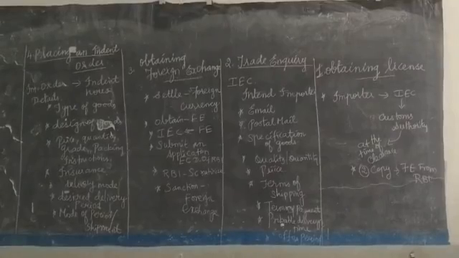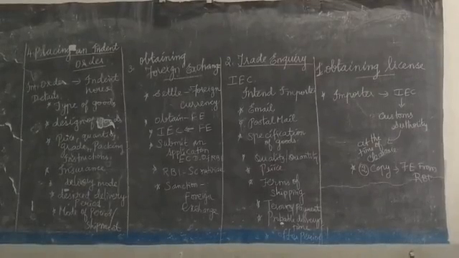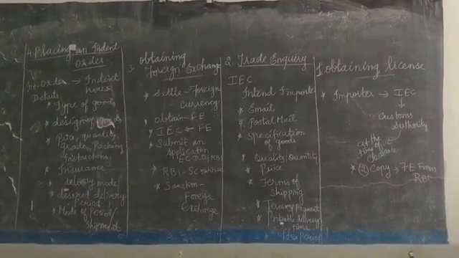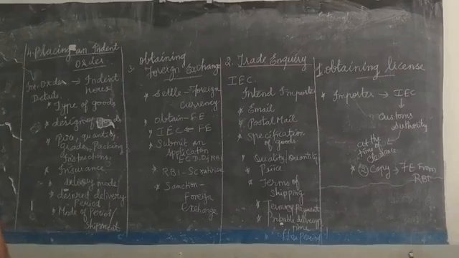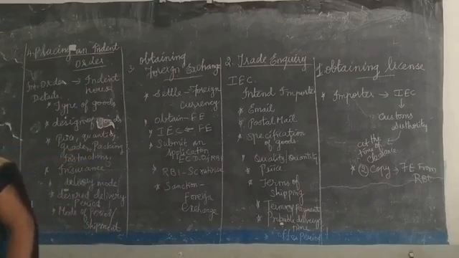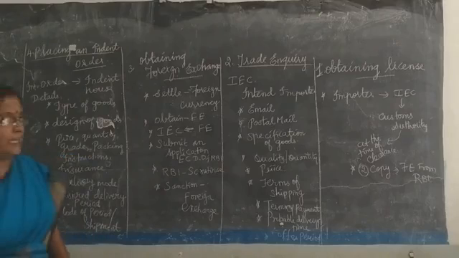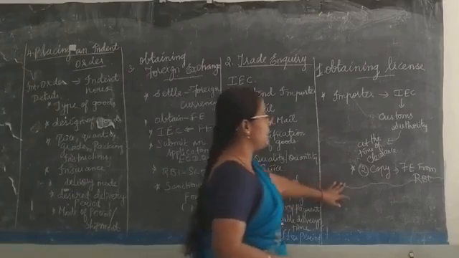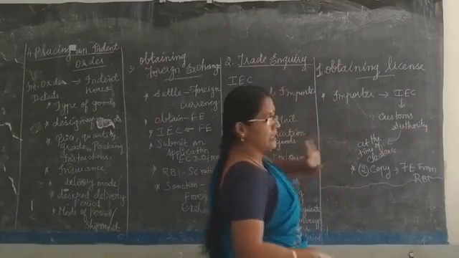Now listen, after obtaining the license, what does the importer want to do? The importer has to submit a copy of the IEC to the customs authority at the clearance of goods. The second copy of the IEC, the import export code, is used to obtain the foreign exchange from the RBI. So what is the next procedure?